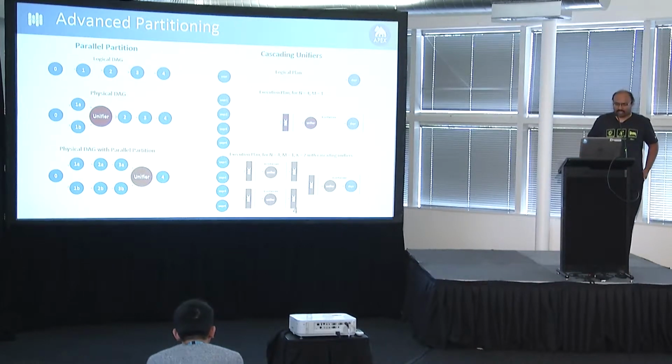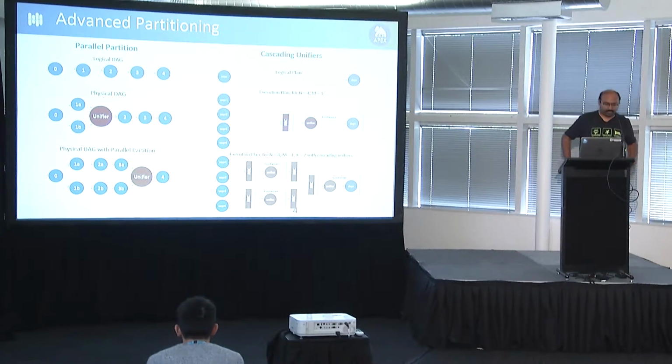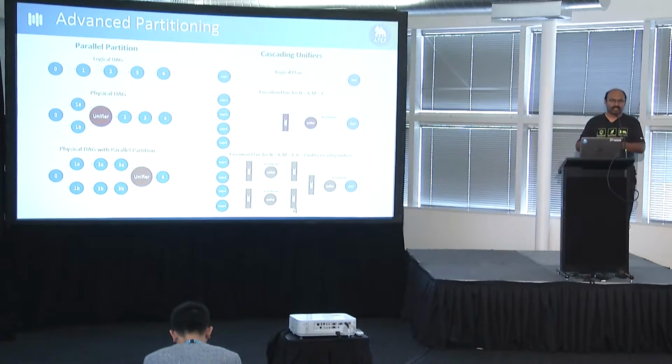So, some more partitioning mechanisms. Let's say you're doing an ETL app, you have data coming in, each tuple you're just processing independently, and you want to perform a series of operations, such as filtering, enrichment, and something else. You're just working with each piece of data independently, and there is no need for you to actually shuffle the data across. In this case, you can have the same number of partitions for successive stages,